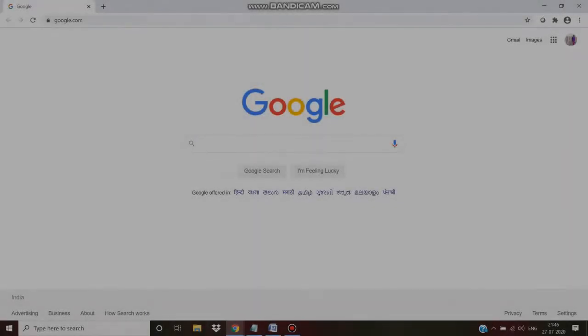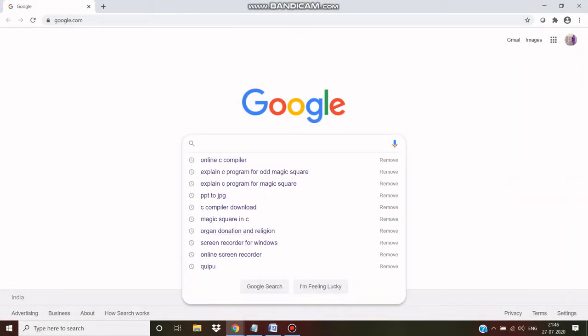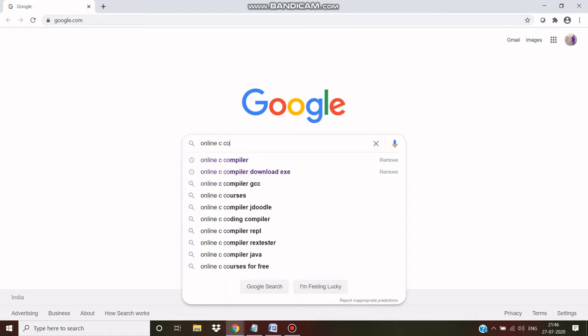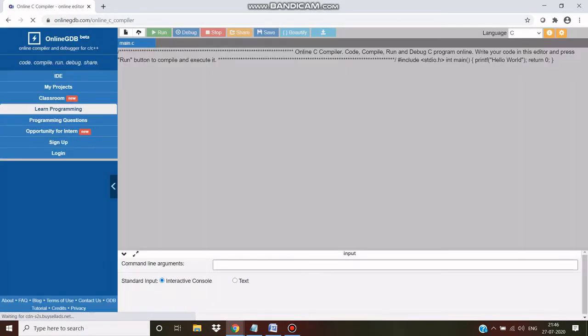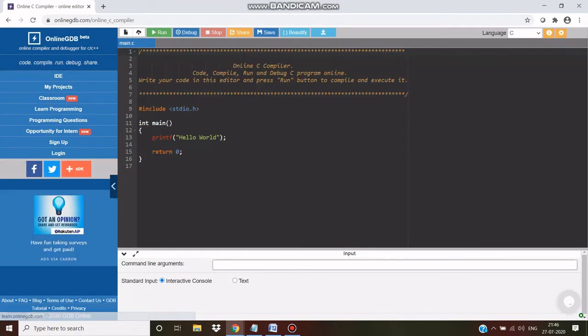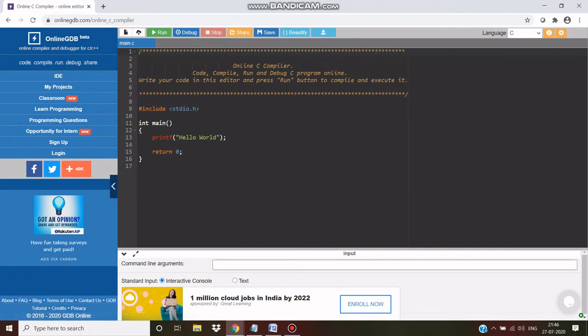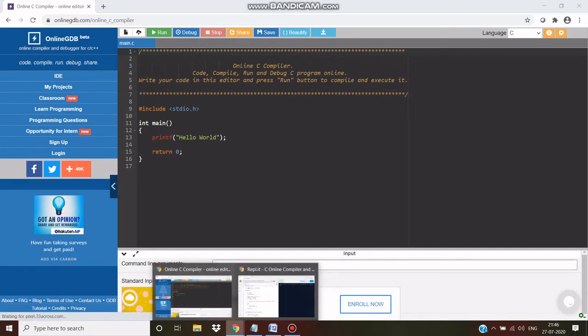As you can see, for doing this program, I am using an online C compiler. You can search and find it. There are a number of compilers available. This one I have selected.